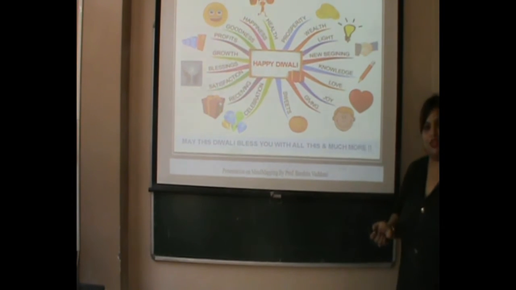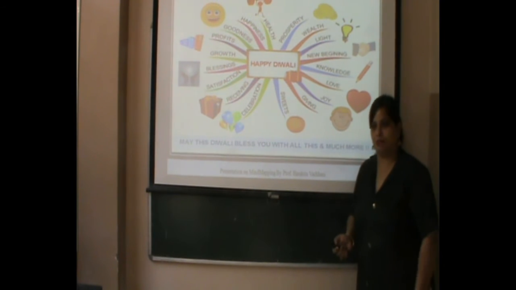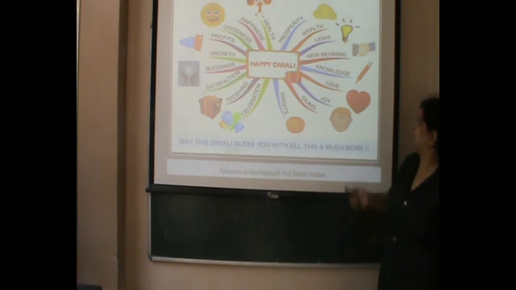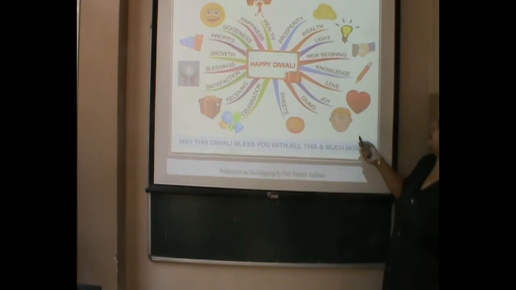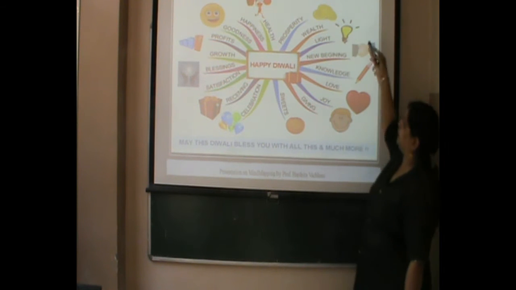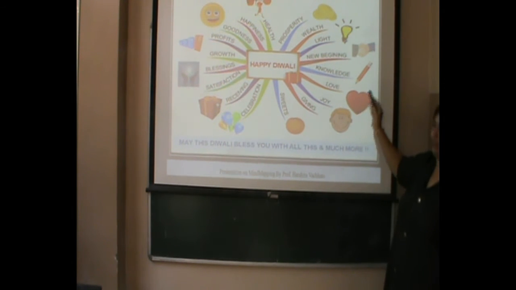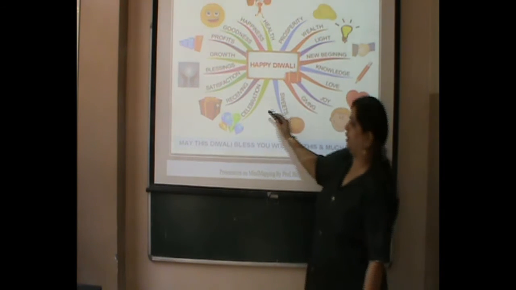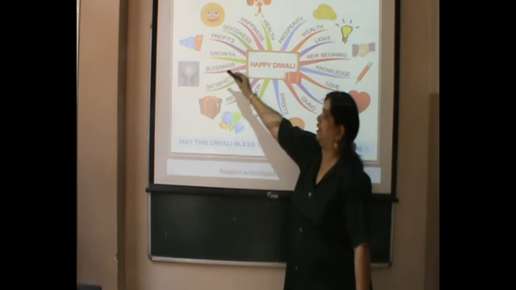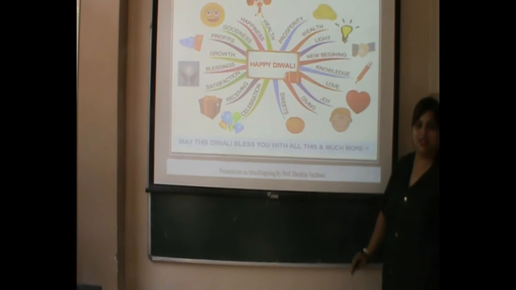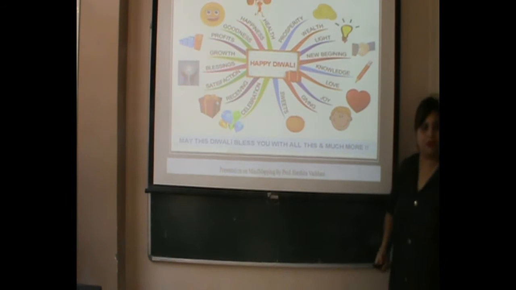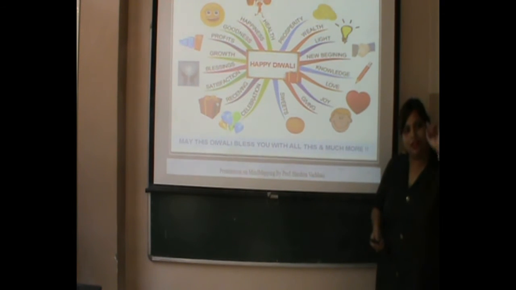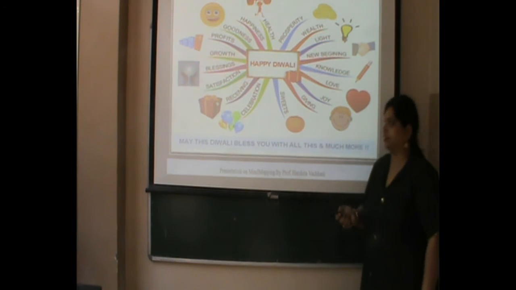Now, suppose I want to send a greeting of Happy Diwali. I can make a mind map and send it. What I am sending is, like, may this Diwali bless you with all this and much more. What is all this? This is prosperity, this is light, this is a new beginning, this is knowledge, this is love, this is the joy of giving, these are the sweets, celebrations, satisfaction, blessings, growth, goodness and happiness. If I put some pictures over here and use a variety of colors, it is easy for me to remember. The colors will make me remember. I forgot to write something for the red color, and there was something for the green color. So it's easy to remember the things.